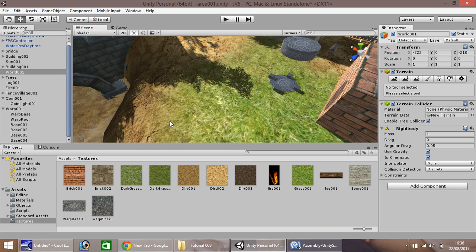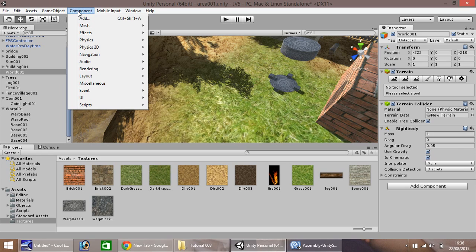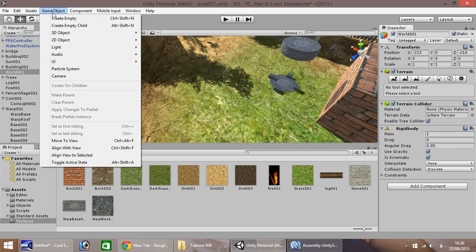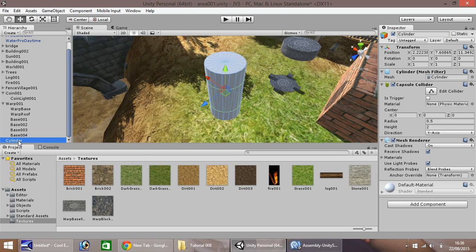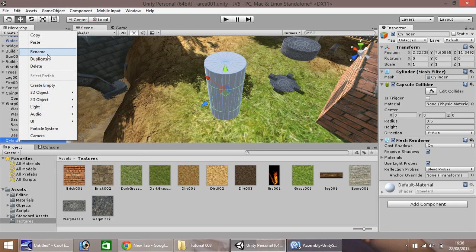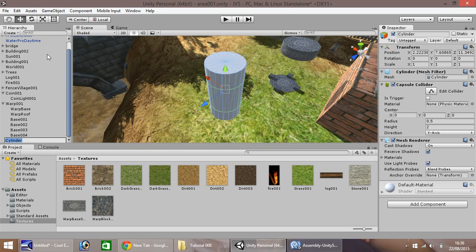Next thing we'll do is go to game object, and we want to add another cylinder. This is the one we'll be using for the animation. So again, 3D object and cylinder, right click, rename, and just call this warp effect. That'll do for a nice name. Drag and drop into warp 001,